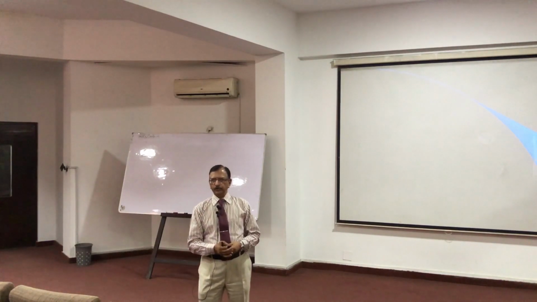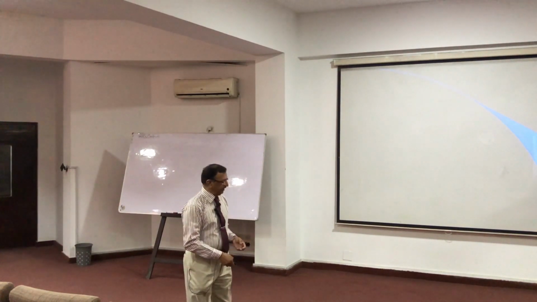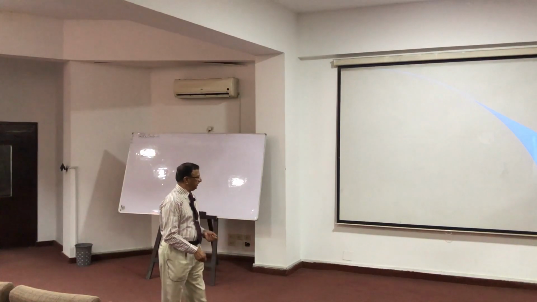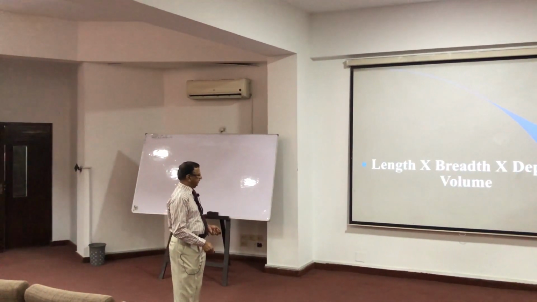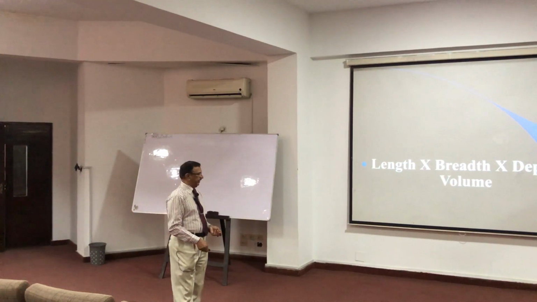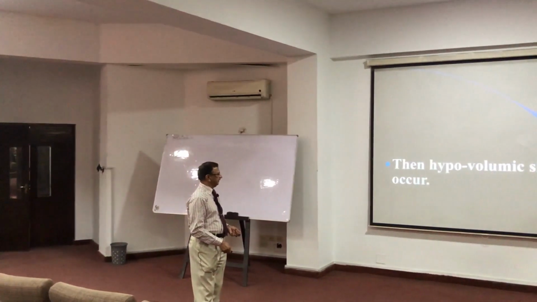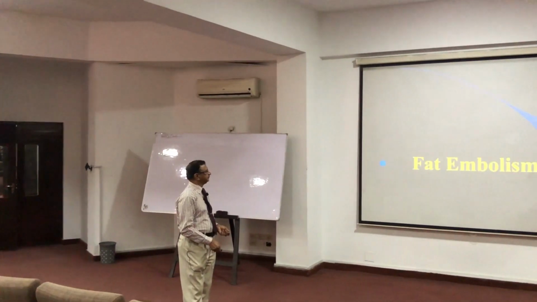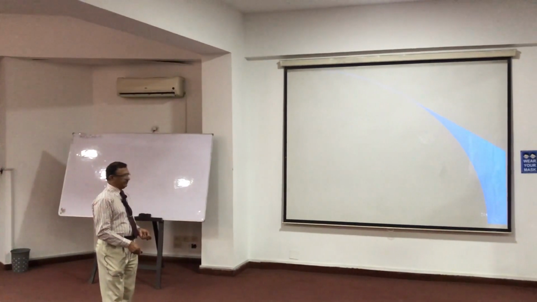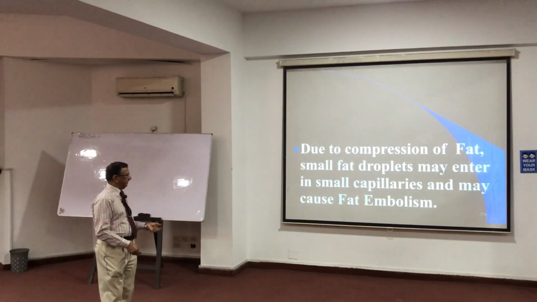That will give the volume of the bruise. So if it is more than 25%, it will produce shock. Length into breadth into depth will give the volume, and it causes hypovolemic shock. And fat embolism, as the subcutaneous fat is crushed and it can travel through